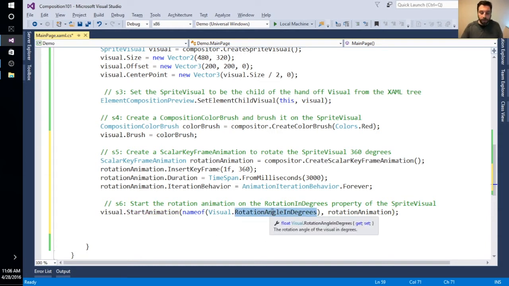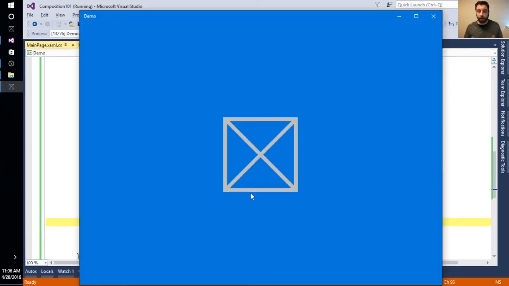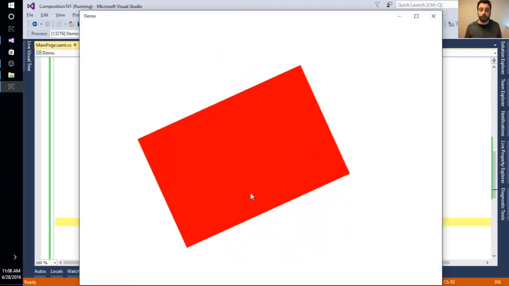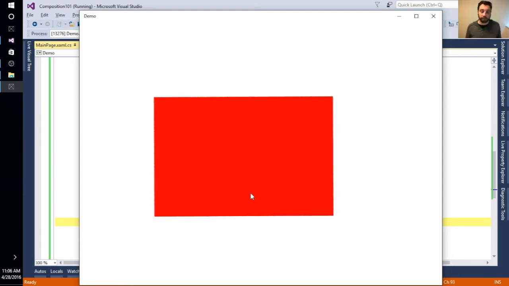Now this type is a scalar type, and so that's why we created our scalar keyframe animation. So we hand in that animation, and now with the execution of this function, we should start to see our keyframe animation going from the current value that the visual is at to 360 degrees within 3 seconds, and it's going to keep iterating indefinitely, essentially.